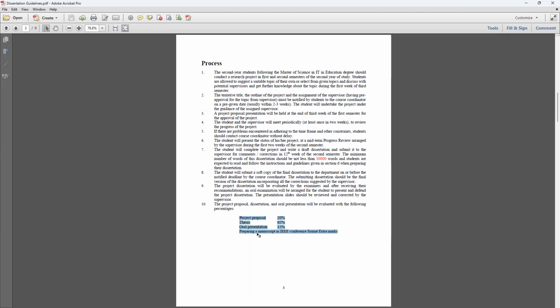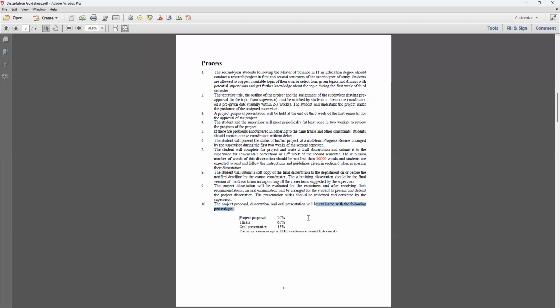You will get 20% for your project proposal. And this time, not like last year, we are going to have verbal proposal presentations. You need to present and defend your proposal, and the panel will ask questions regarding the proposal, and you need to answer those questions.